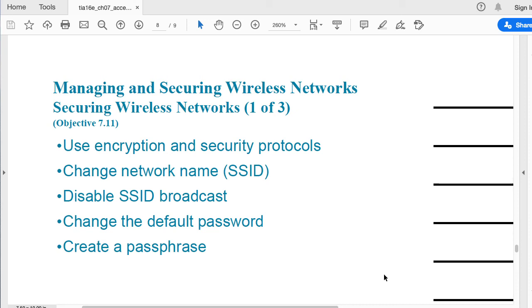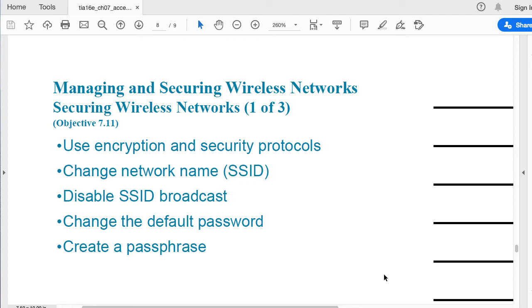Ideally, you want to use WPA2 enterprise, but that's a difficult setup. The setup is not trivial because you're going to need an authentication system, you're going to need credentials. So there is a certain level of complexity involved. Therefore, you can use WPA2 personal, but don't use WEP, neither WPA, because they are easily cracked.